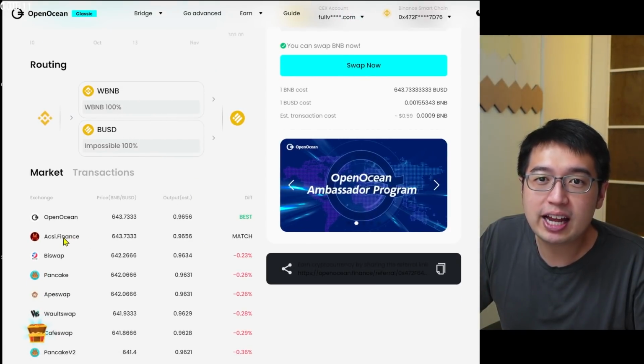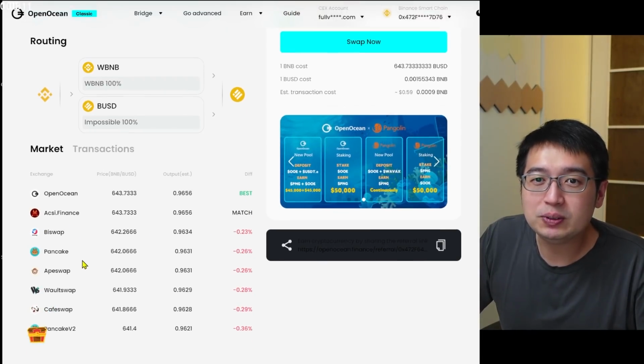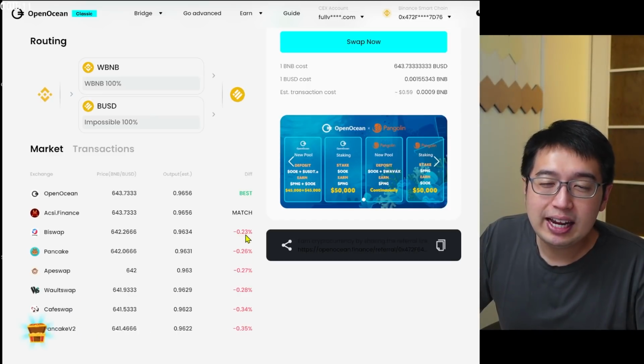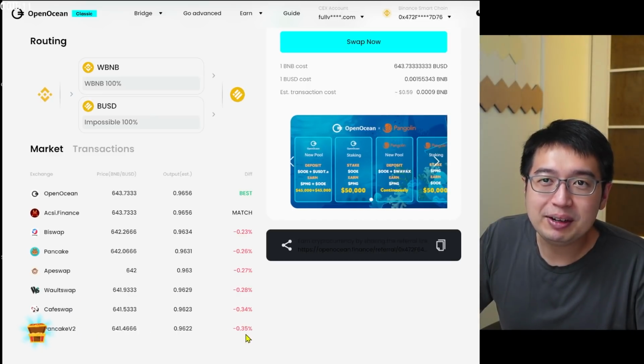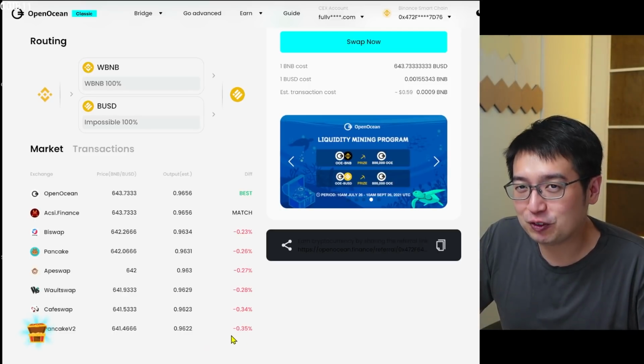It's going to use Axie Finance. That gives us the best price, and OpenOcean matches that because that's what it goes through. Otherwise, we'd be using BuySwap, Pancake, ApeSwap, Vaults, Cafe Swap, or Pancake V2. And you can see there is a negative price difference, meaning we wouldn't be getting full value for our trade,